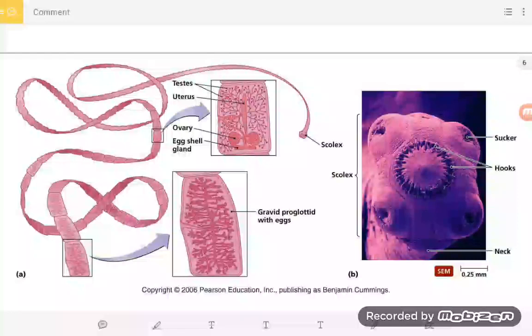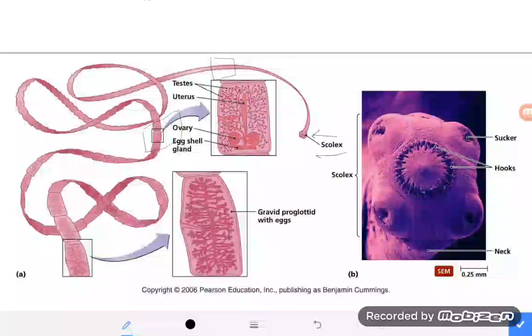So here you can see the actual tapeworm. So this is the scolex, right? This is the scolex. Here you can see this is the head part. Actually, immediately you can see the head part. Then all the ribbon-like thing we call the strobila. In here you can see this area is the immature one. Here you can see the mature one. This area you can see the mature one.